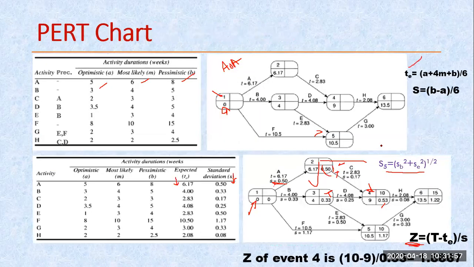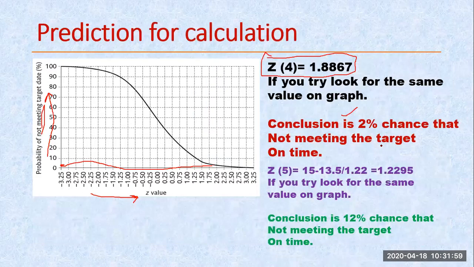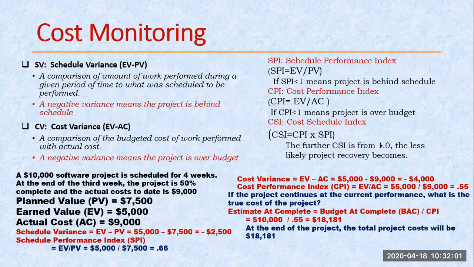Yes, sir. Okay. Now let us come to the next. Okay, sir. So this is the other topic that you are asking me to discuss. This particular one is known as earned value analysis. Earned value analysis. Okay. So these are the important relations that you need to copy. E minus, this is the schedule variance. What do you mean by the schedule variance?